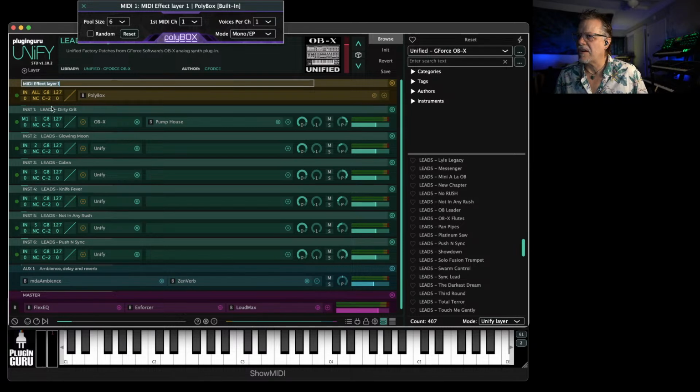And let's do this. Call up here and go layer switcher. And by naming it that, now when I click where it says in, I now see layer switcher. So if you had multiple MIDI effects, the cool thing with this is it allows one MIDI effect to control lots of synthesizers. That's something that's like a nightmare to do in any DAW. And now I have 6 different layers of 6 different leads, and each time I play a note,